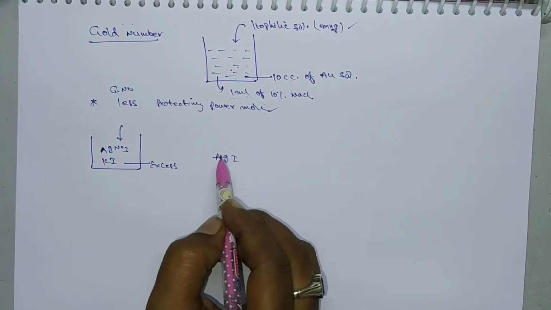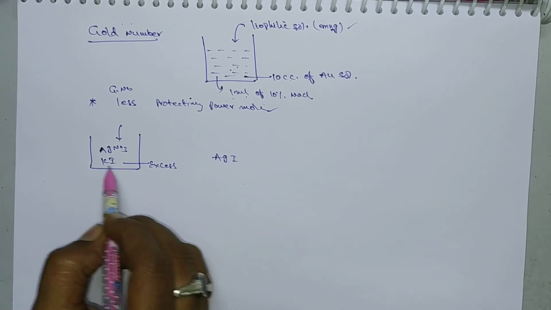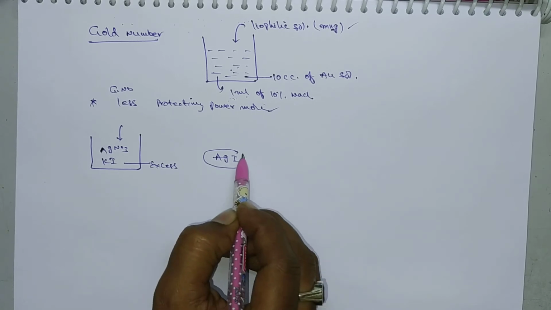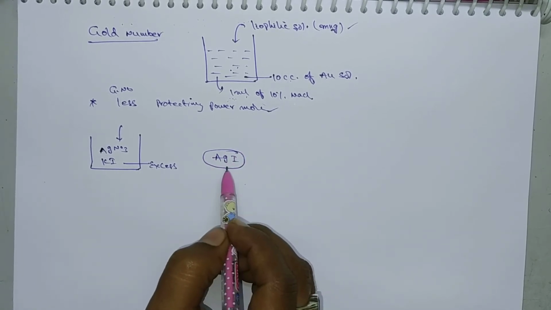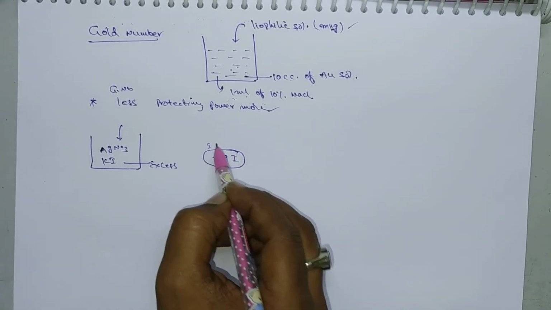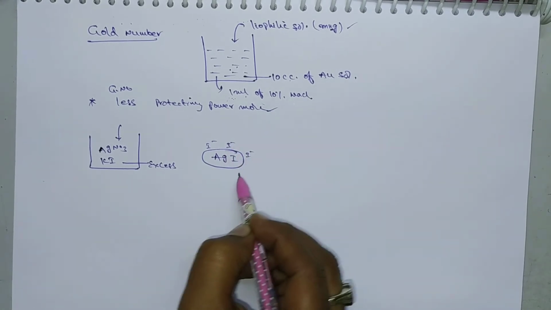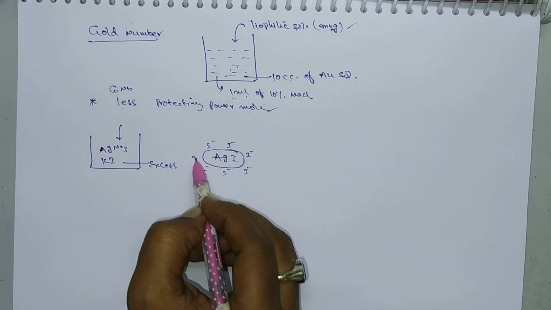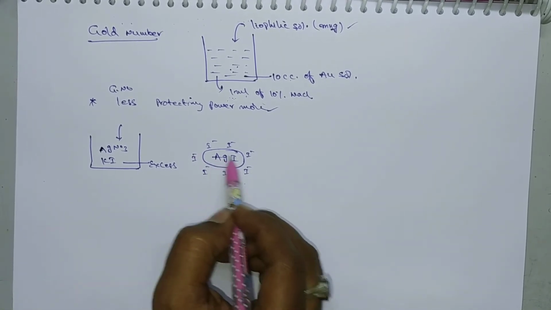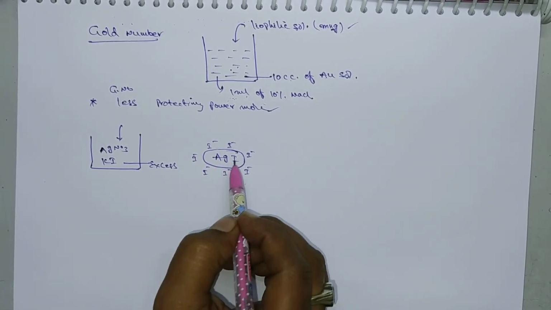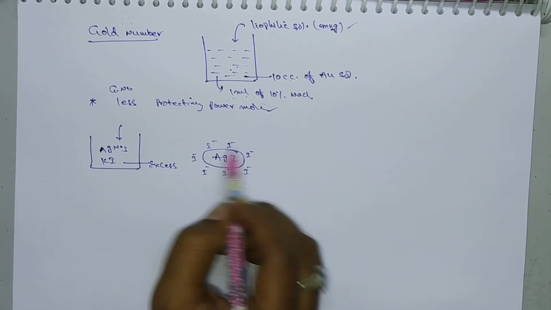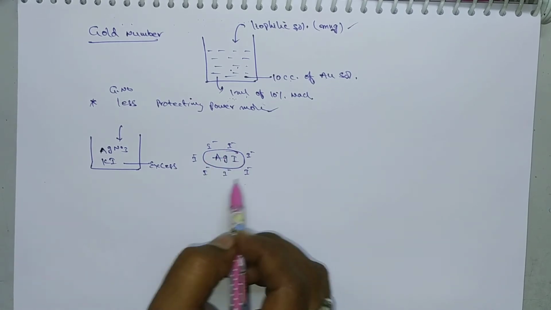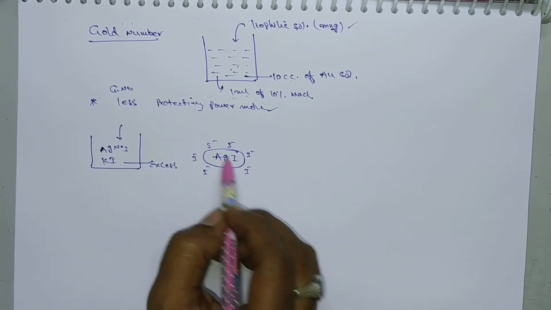So on this silver iodide, due to presence of excess amount of potassium iodide, on the silver iodide solution particles, the dispersed phase particles, there is adsorption of I minus ions. So here silver iodide is there, so the ion which is common will be adsorbed on the surface of the silver iodide. Here iodide ion is common, that's why it will adsorb on the surface of this silver iodide.